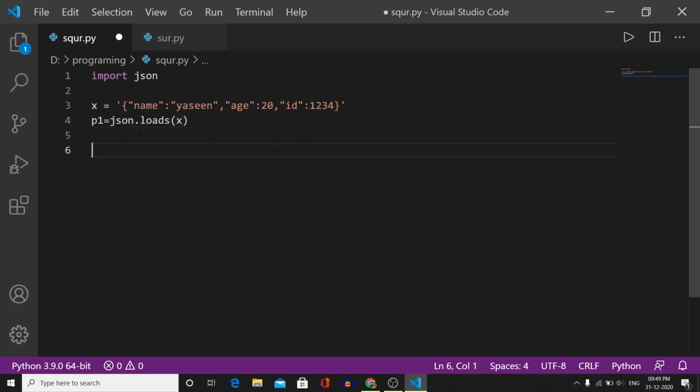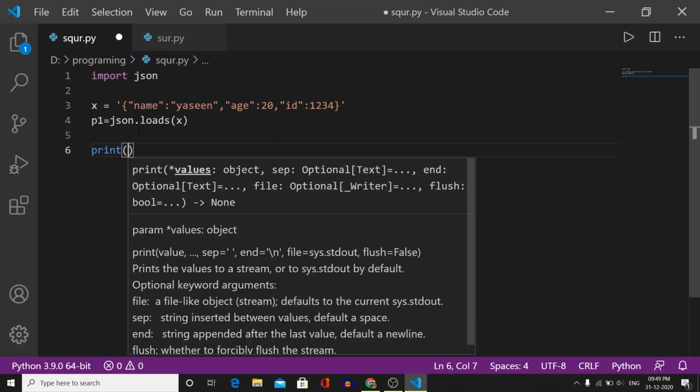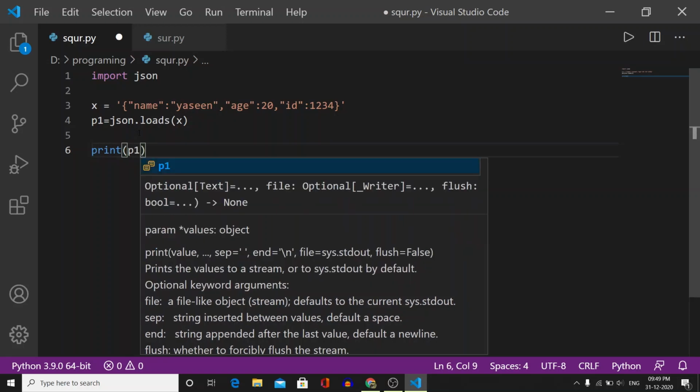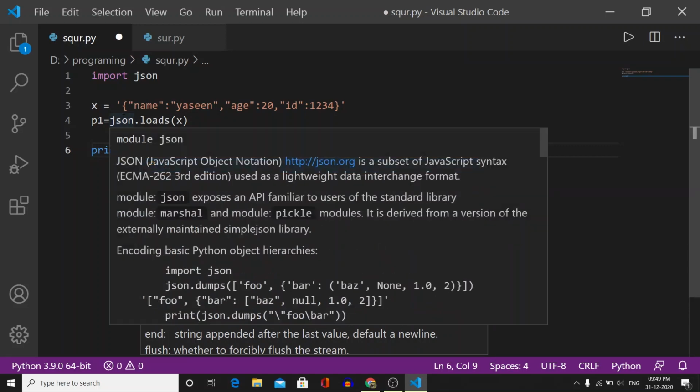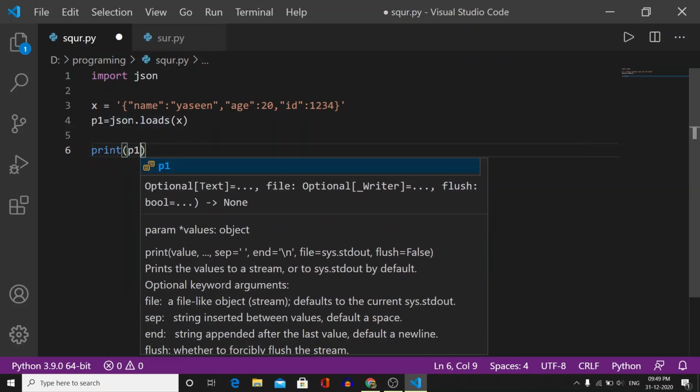Now let's try to print it out. Print, first we have to take the name of our variable in which all the data set has been loaded and stored. JSON has loaded all the data set into p1, and I'm taking the variable name p1, and I want to access information about age.